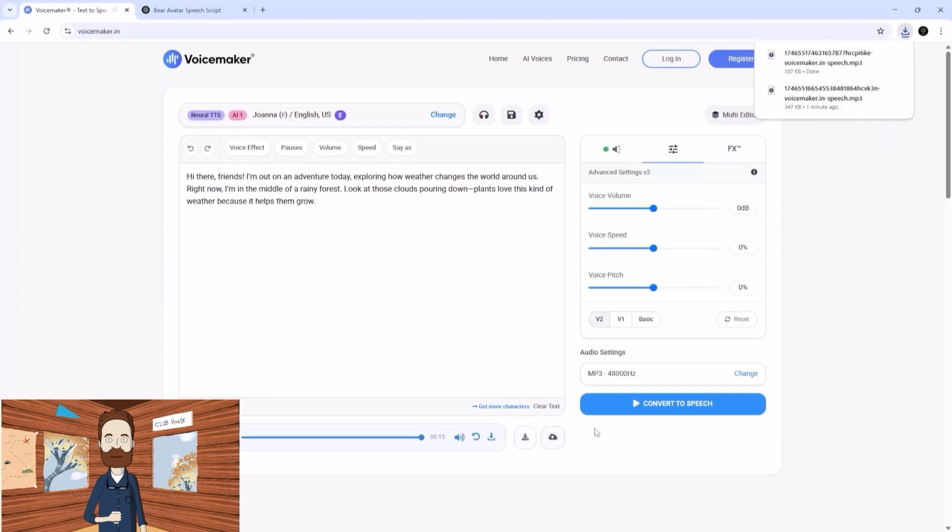She sounds even more robotic to me, and her pacing feels a bit off. Fortunately, those issues can be adjusted using the voice speed, volume, and pitch controls. Though personally, I find that the paid voices tend to sound much cleaner and more natural right out of the box, without needing much tweaking.